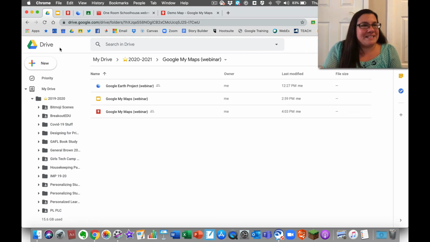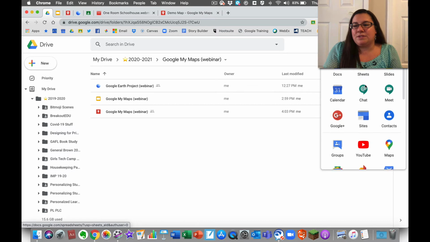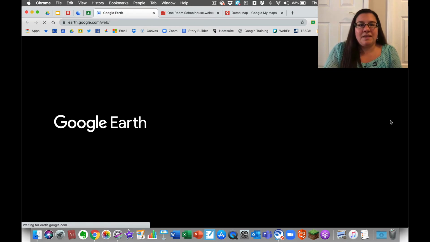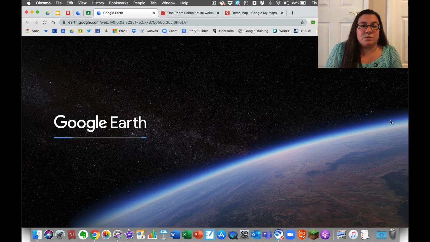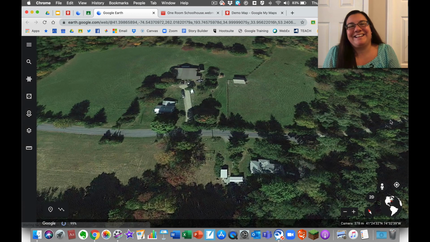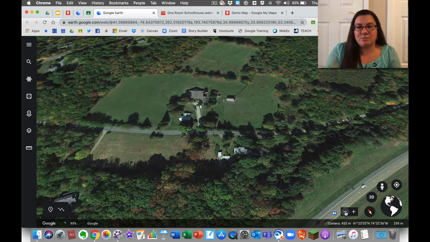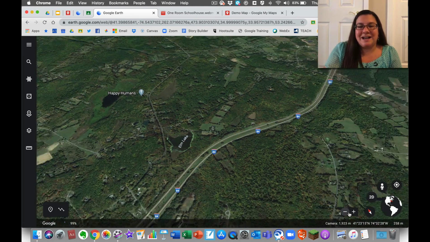There's a couple different ways, as with anything in Google. You can go over here to your waffle menu and you can scroll down until you see Google Earth. That's one way to do it. And of course you could just Google Earth and things like that. Okay, so once you're in Google Earth, similar to My Maps, you can zoom in and out in the bottom right hand corner, but you'll notice now it's not